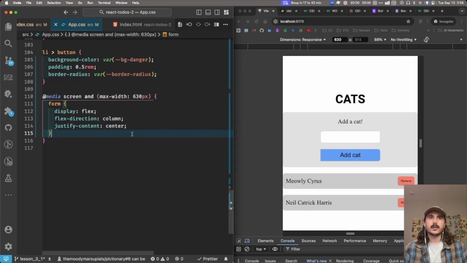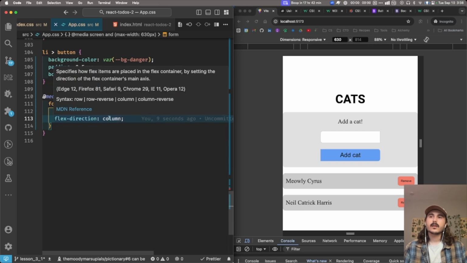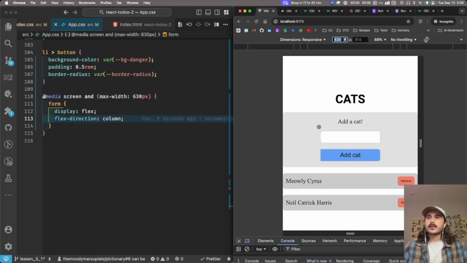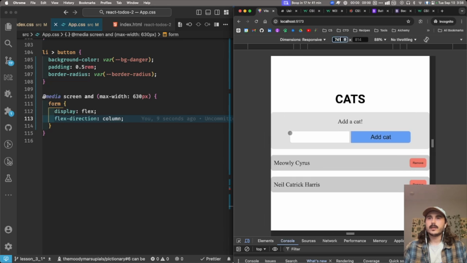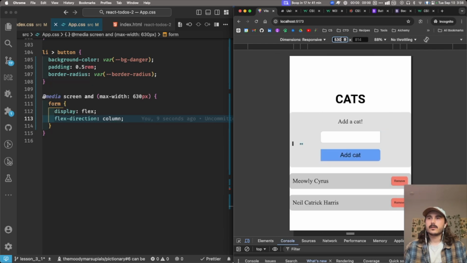We don't need to align items because it's being applied from above. Justify content, we don't even need that. So really, we don't need much. We just need to switch it to a flex box and then have the flex direction be column. And now that's going to look kind of weird because the input and the button were meant to be side by side originally. So they had that shared border radius between them. Now they don't. And so